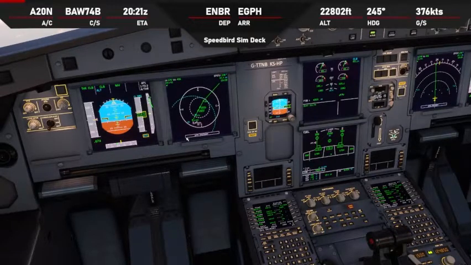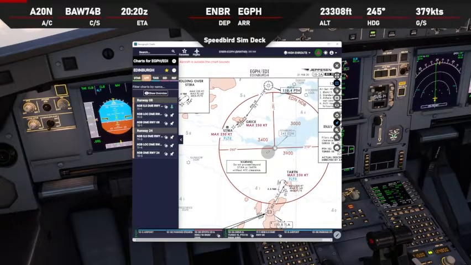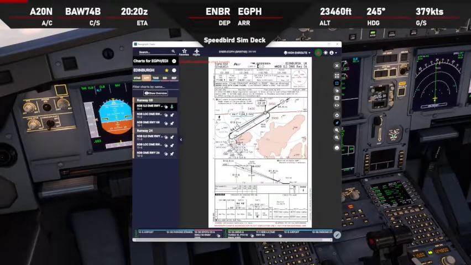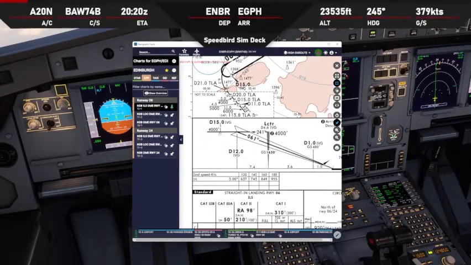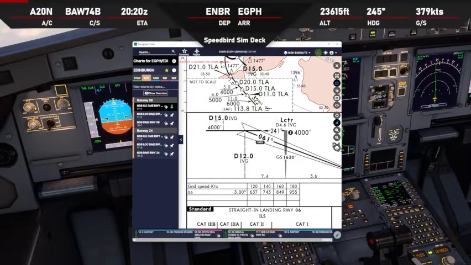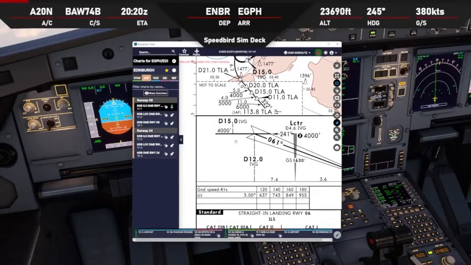So the blue circle. And what that's telling me is when we get to this blue circle on our plan, we need to start our descent to ensure that by Stira we're at 7,000 feet. And that's really important, because after 7,000 feet into the ILS, we have to capture the glide slope at 4,000, and if we're much higher than the 7,000 feet, we're not going to capture the glide slope, and unfortunately that's